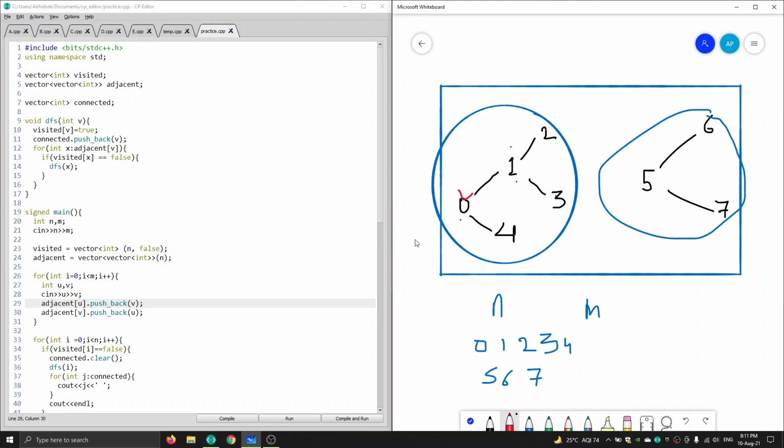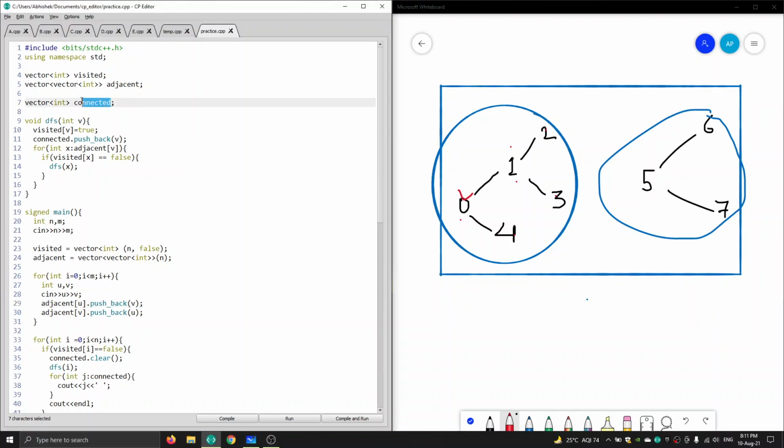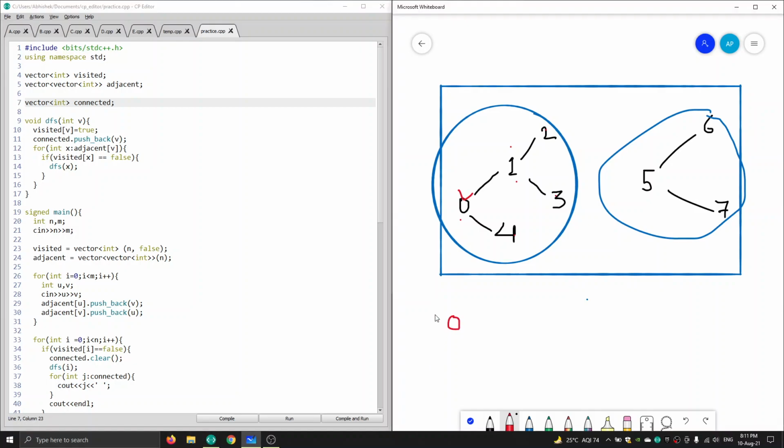Let's say we have started with node 0. We are at node 0 and we are applying DFS. This connected vector will store the connected components of a corresponding node. So first we are at node 0, so our connected vector will contain 0.